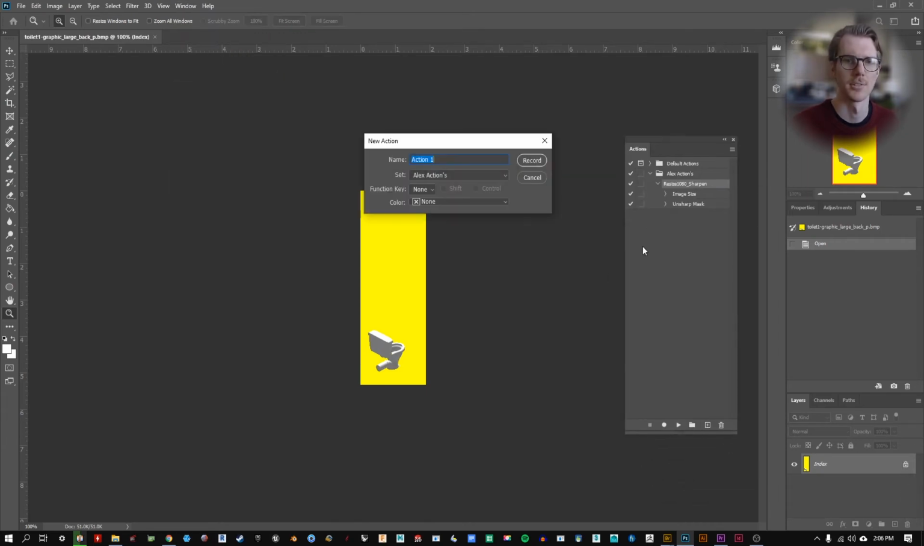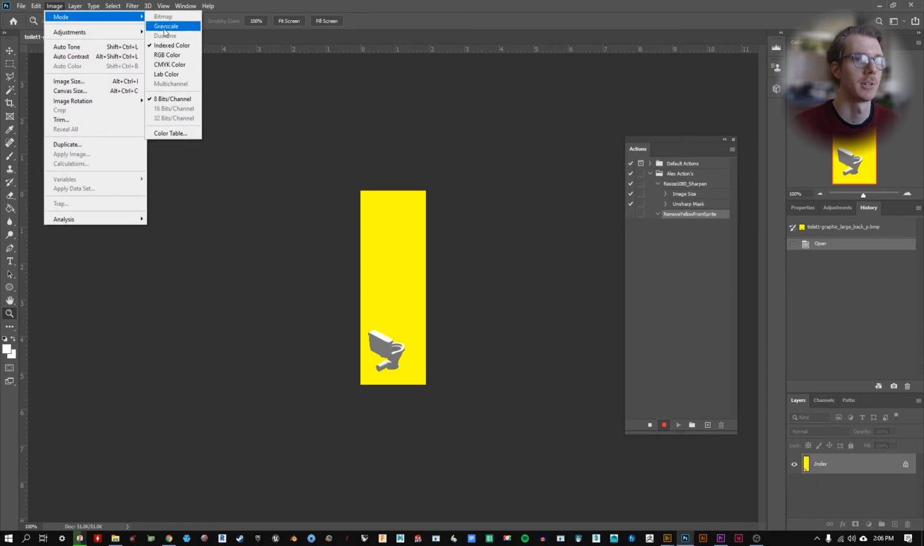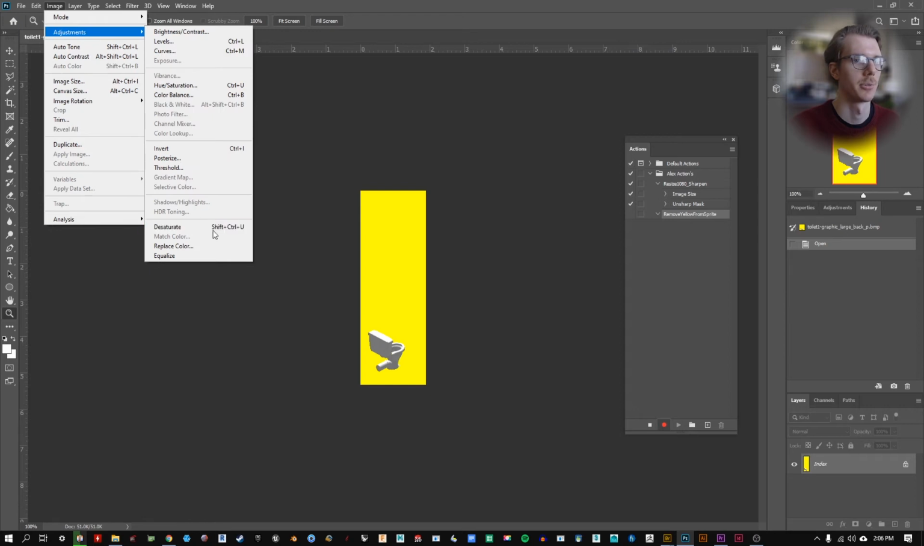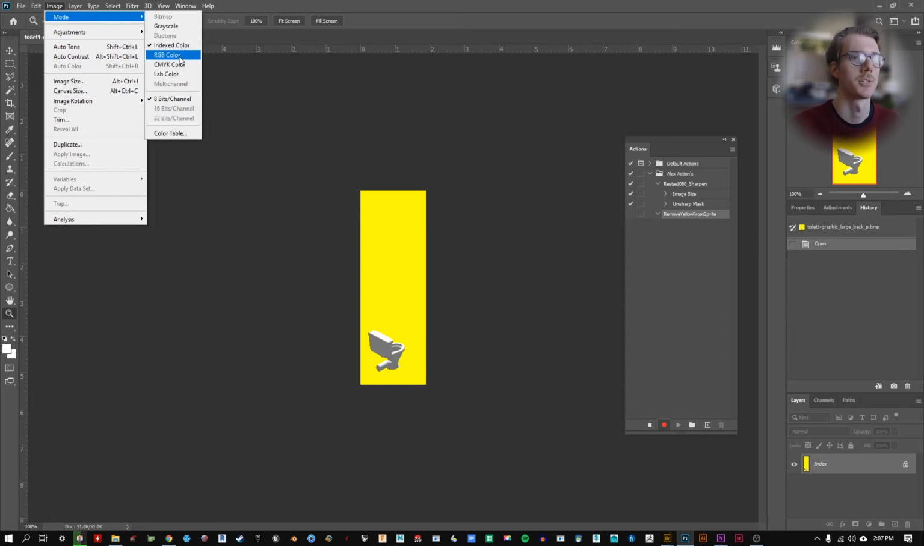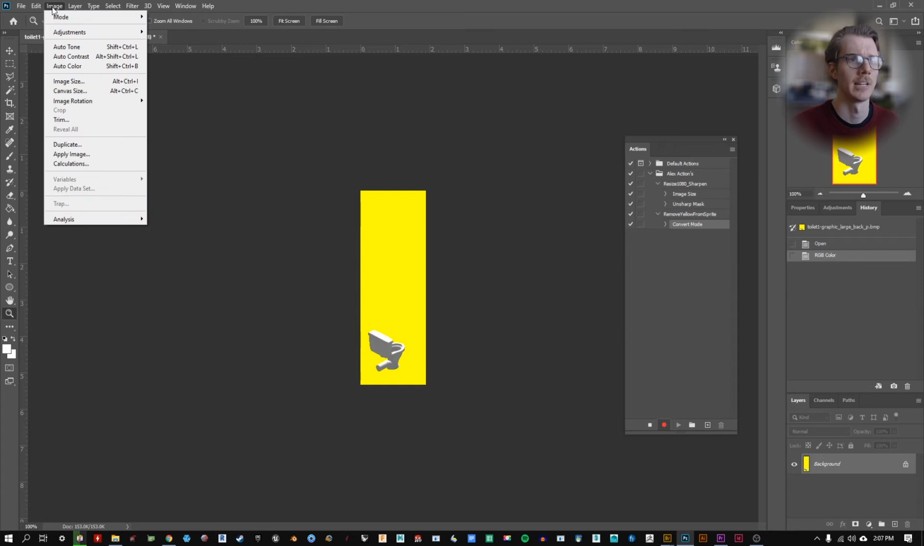And I'm going to make a new action, this time call it remove yellow from sprite. Our action is being recorded. I'm first going to go to image mode. And right now we're in a mode called index color. That's not going to let us do some of the edits that we might want. So we're going to change that to RGB. You can see we got a convert mode here in our history palette. And then I'm going to go to image adjustments,